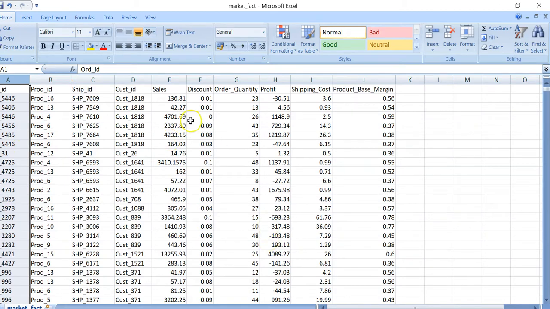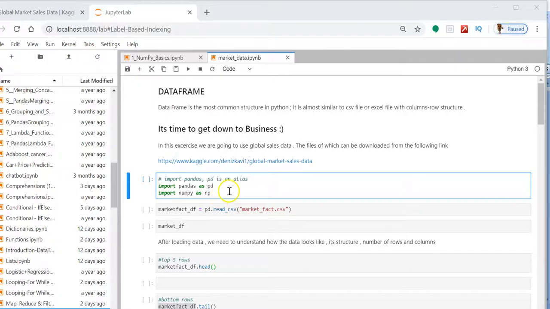First of all, I'm going to upload this file into our lab. I will import the libraries: import pandas as pd and import numpy as np. This is a common convention used across the world. Execute this.